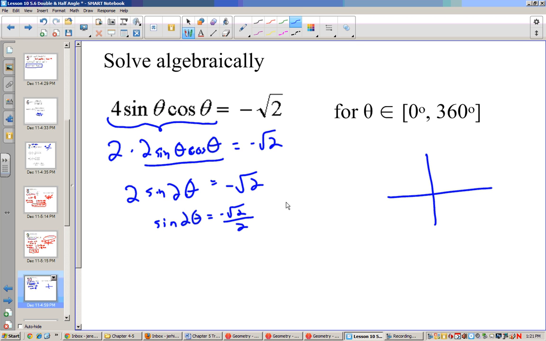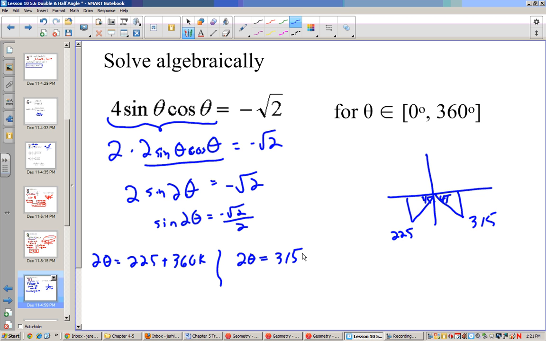And now I know sine is going to be negative down here and here. And the two triangles where it's negative are going to be over here at 225 and over here at 315. So 2 theta is going to equal 225 plus 360k, and 2 theta is equal to 315 plus 360k. So if I divide both sides by 2, I'm going to get 112.5 plus 180k. And if I divide this by 2, I'm going to get